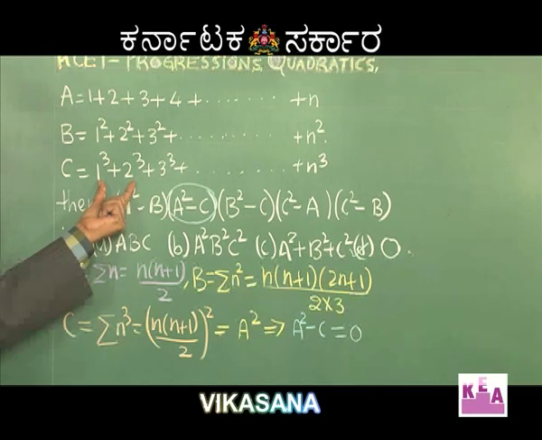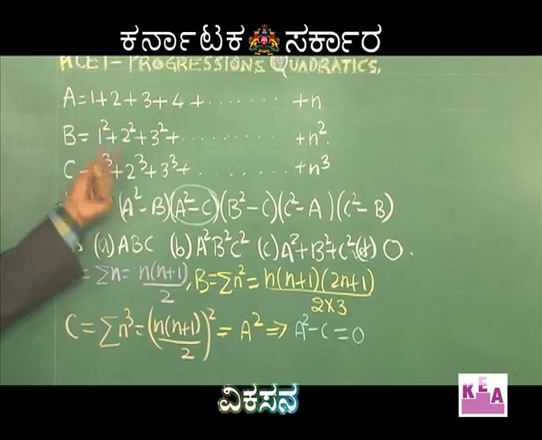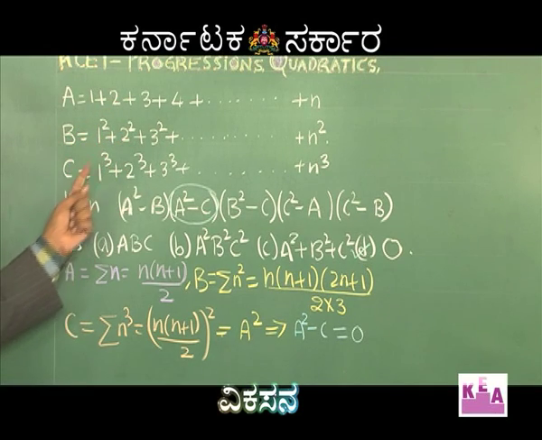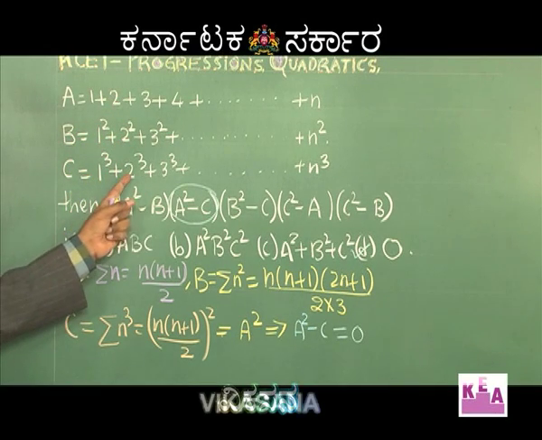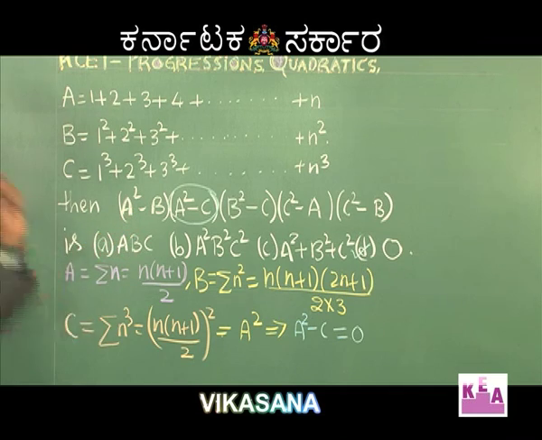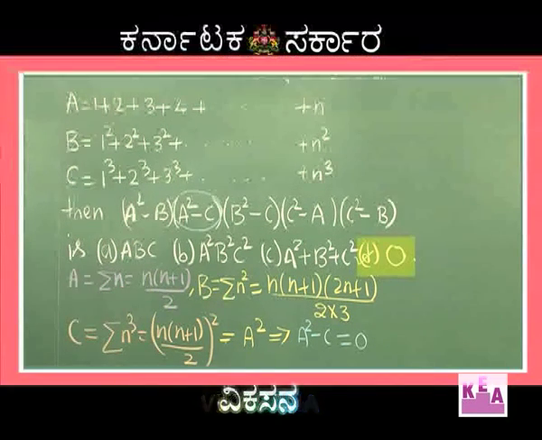I hope, dear students, you are understanding why I am calling this as 3, 5, 9. 1 plus 2 is 3, 1 plus 4 is 5, 1 plus 8 is 9. Just substitute here, there also you will get the answer as 0. Understood this, dear students? Make a note of this. Now we shall move on to the next topic.